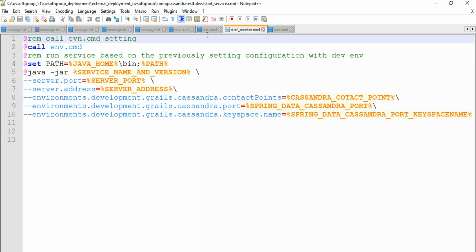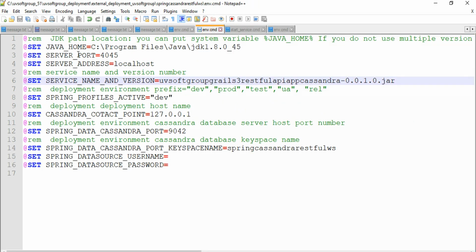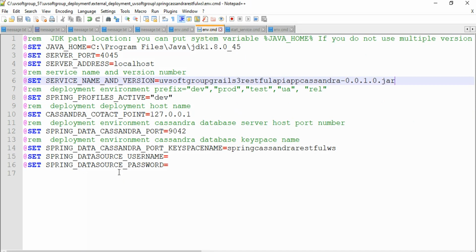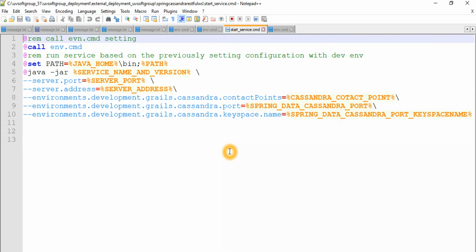This is one of the Cassandra based implementations. You just simply set your Java, your available port, and this is the localhost where you try to install the application. You push your jar file and new version, choose which type of environment you try to put it in, and install these jar files with the necessary information. This is the backend configuration, and you execute your jar files. Just simply write down your command, java -jar, and all the necessary variable settings that you have already set here, and it automatically works. This is another screencast I will show you later when I start the development.